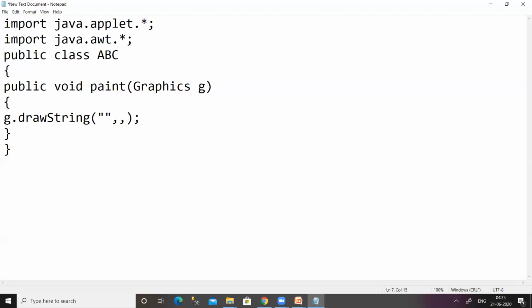For the first parameter, I want to display computer science and engineering on the output screen, and I want to display this string at position 50, 50. So on the output screen, computer science and engineering will be displayed at the 50, 50 position.